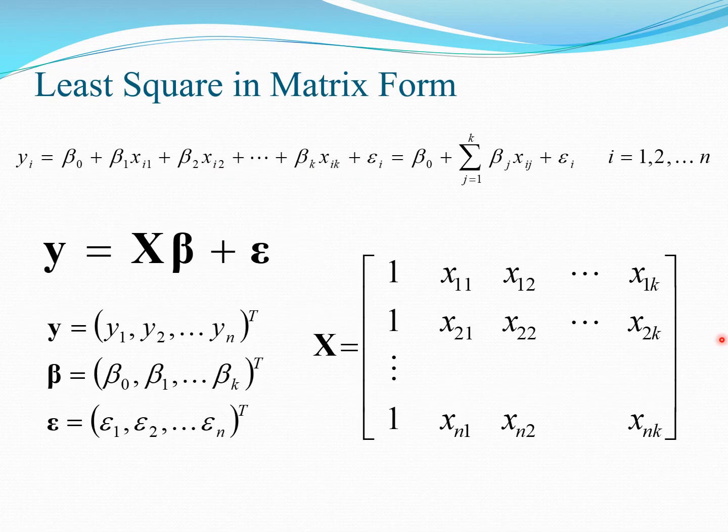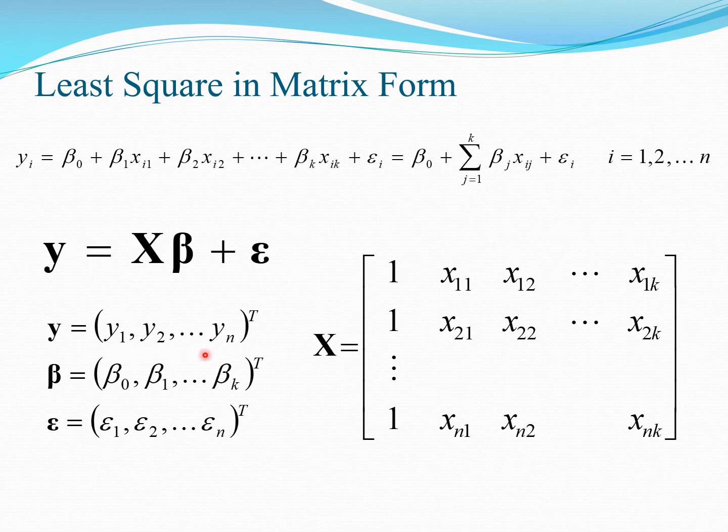Now actually it is simpler to work with matrices when we are doing this kind of least square fit. And so what we are going to do is we are going to rewrite this equation here, which was for the regression model, and then we are going to put it in matrix form. So essentially if we put it in matrix form, we get y is X beta plus epsilon,